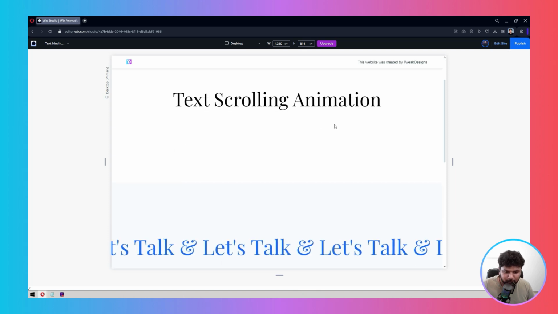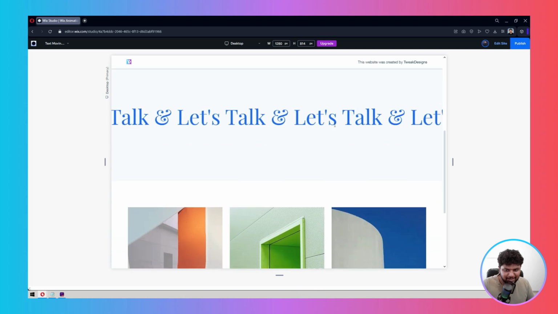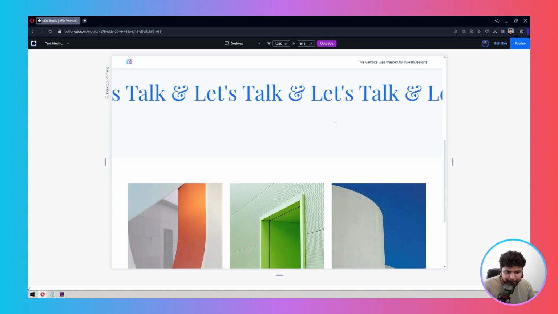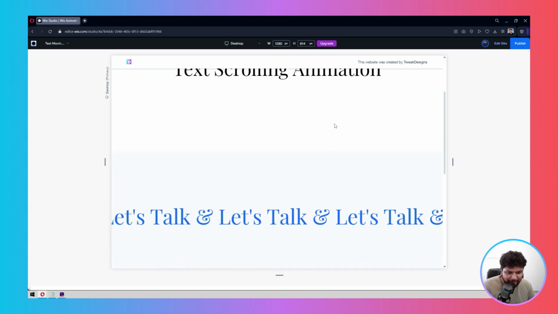So as soon as I'm scrolling, as you can see, the text is coming from the left hand side and moving towards the right hand side. As you can see, I'm scrolling and the animation was